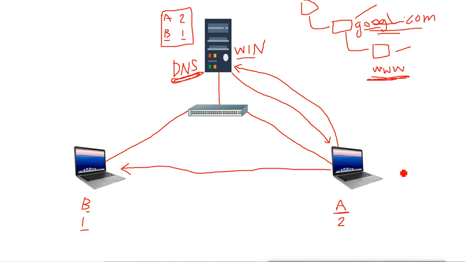Now our Windows 10 supports all of this. That means our machine still has the host file, and it will look at the host file first. Whenever you give any name, it goes to the host file first and checks whether there is any record for this name. Nowadays the host files are empty, so if you type any name there is no record in the host file, but our machine still looks at it. This is the first step for resolving the name.